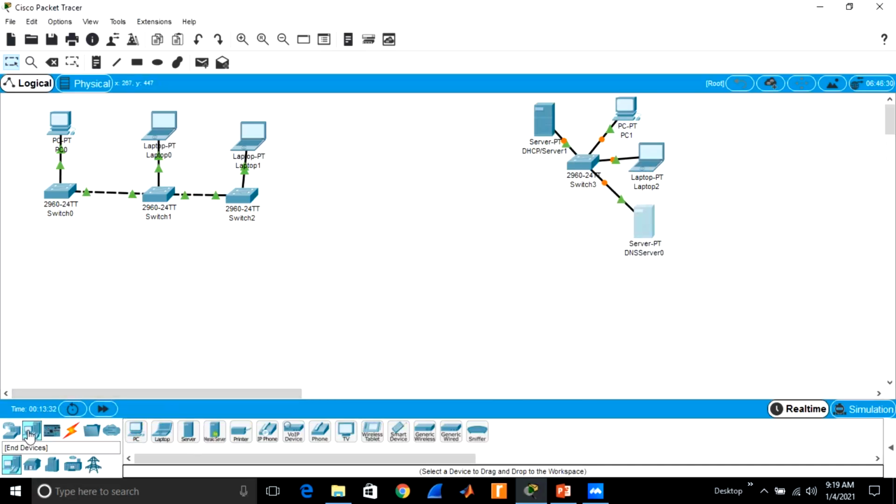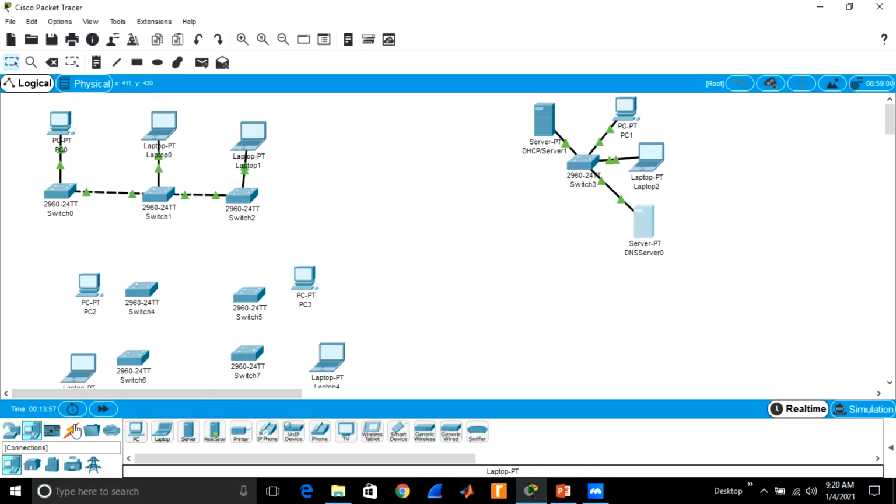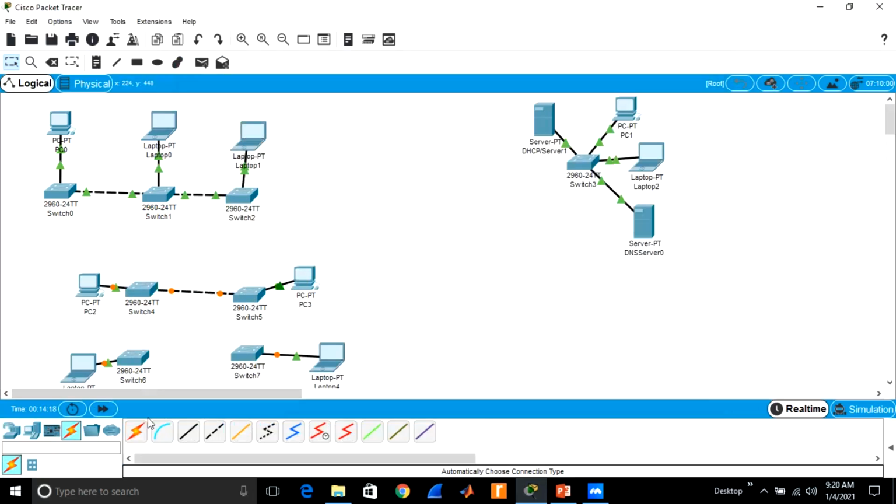And suppose this is the ring topology. You see that in ring topology, every switch is connected to another switch and they form a ring.